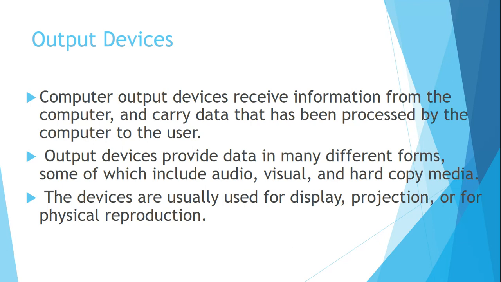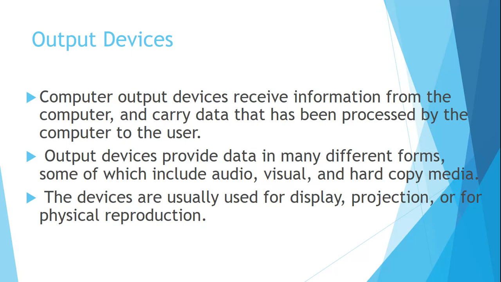Through the input devices, a user gives information to the computer. This information is processed by the computer and the output is then produced for the user to view with the help of any of these output devices. Output devices may generate an output in the form of hard copy, visual or audio.